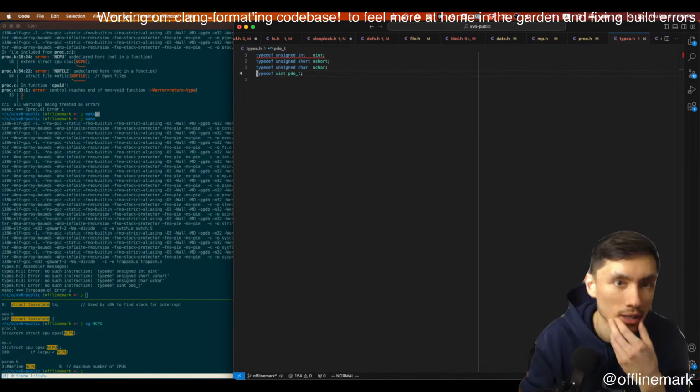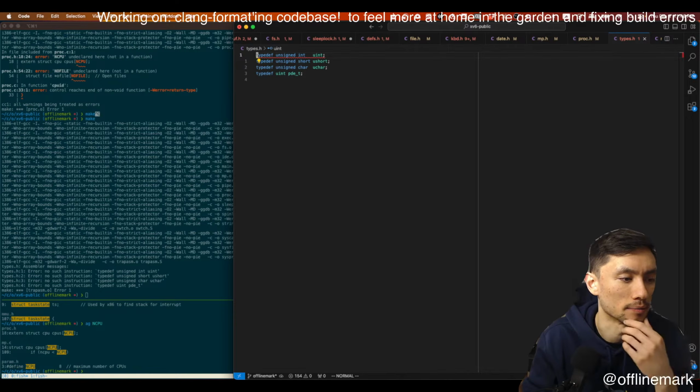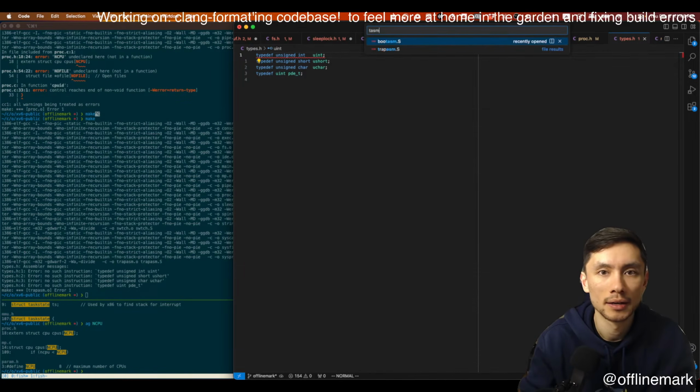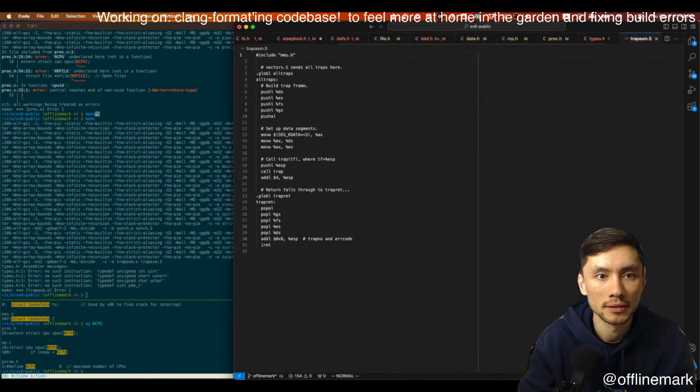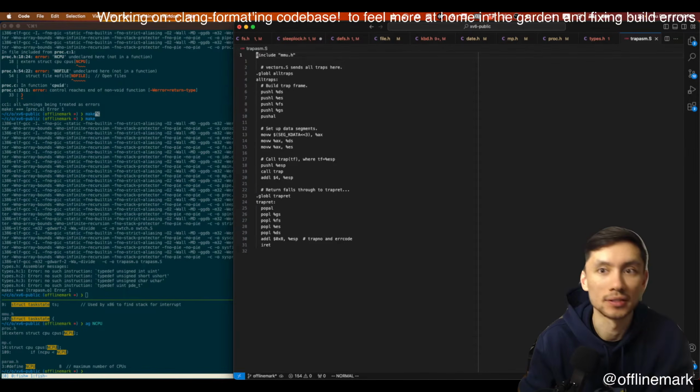Typedef. Is that how you use typedef? I'm pretty sure that's how you use typedef. It's not like a pound thing or anything like that. Yikes, what the hell? trap, sem.s. Include mmu.h. Interesting.